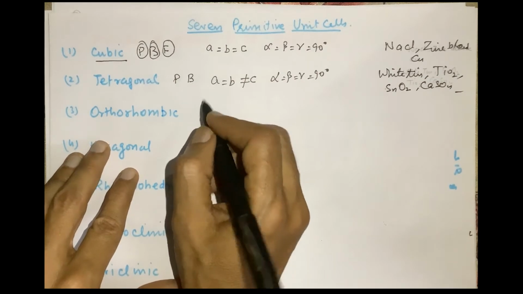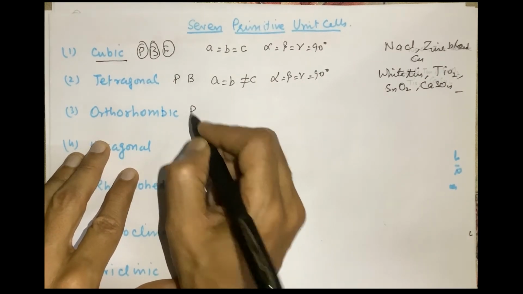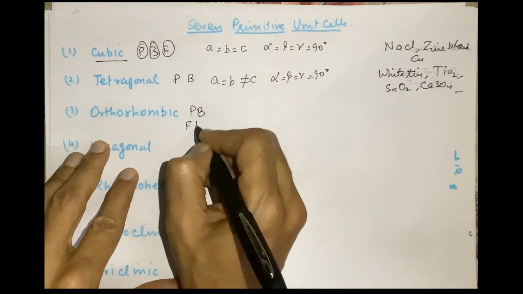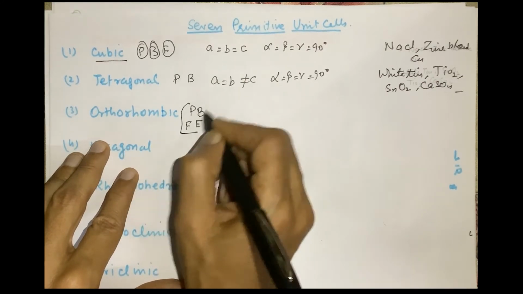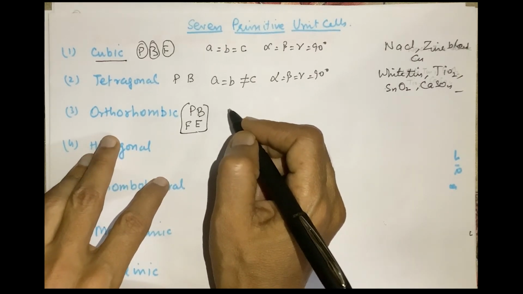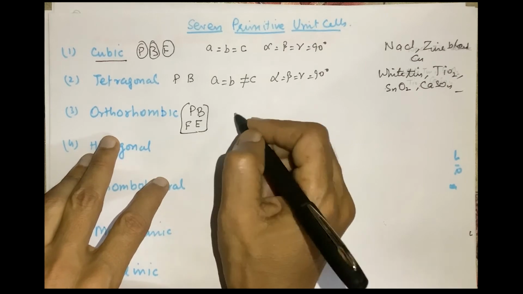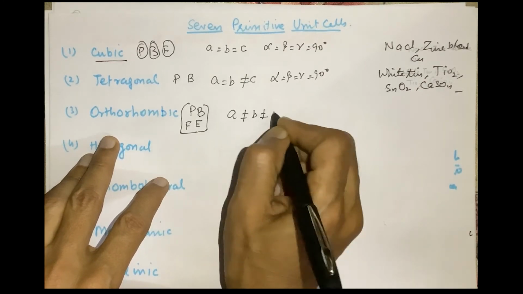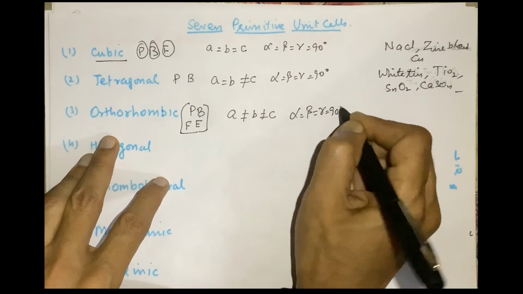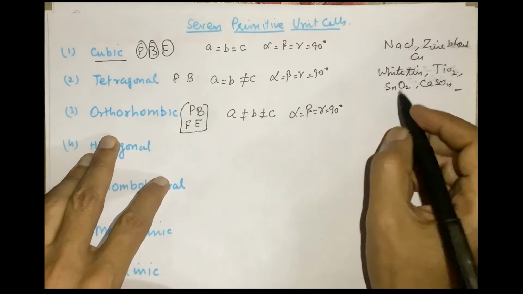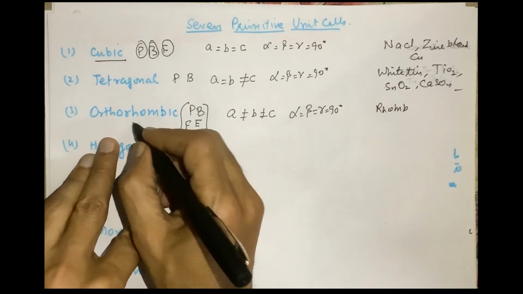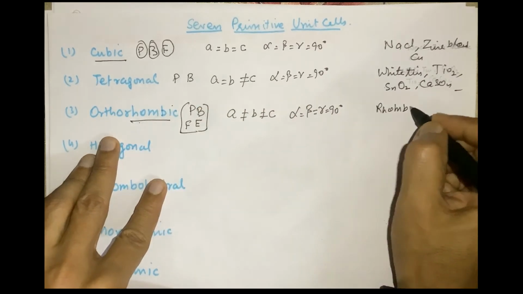And orthorhombic, this is possible in primitive, body centered, face centered and end centered in all the unit cells. In all the crystal lattices it is possible. A is not equal to B is not equal to C, alpha is equal to beta is equal to gamma is equal to 90 degree. And second example are rhombic sulfur,